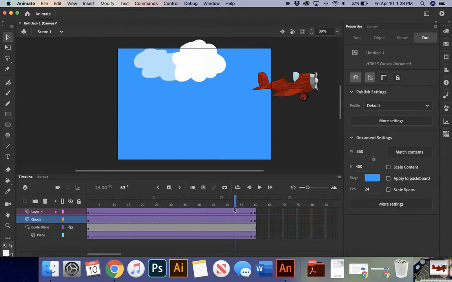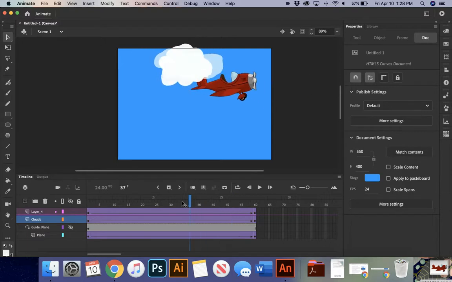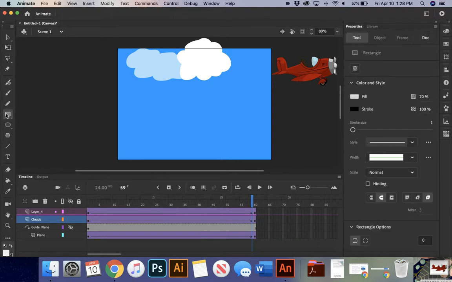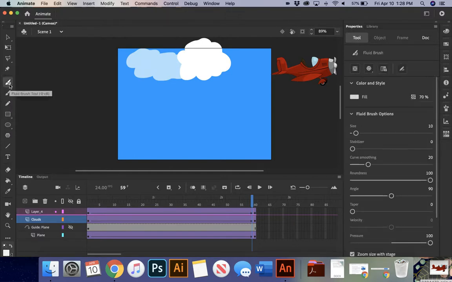So your goal for this activity is to animate your plane in some fashion. You are going to animate 2 additional items and then decorate your stage. Remember, when we're decorating your stage, you have rectangles, you can use circles, lines, text, various different things. They've also added some new brushes for you to kind of play with, which is kind of nice. So I definitely would strongly suggest you kind of figure out